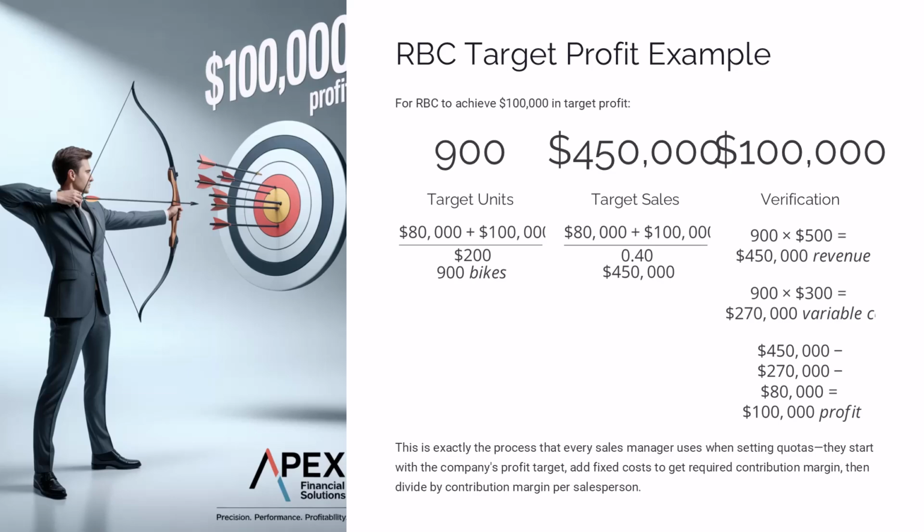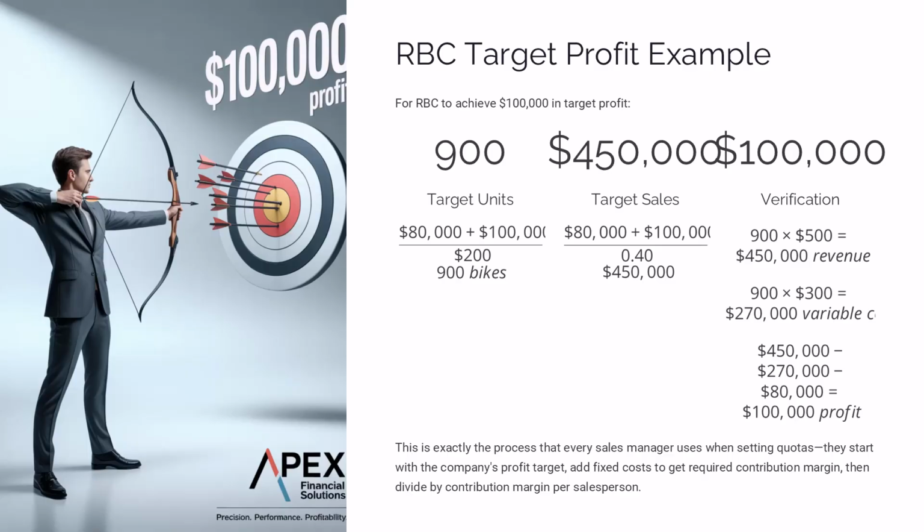Think about how this applies to your career planning. If you want to have $100,000 in savings by age 30 and you're 22 now, with $40,000 annual fixed living expenses and a job that leaves you $20,000 annually after all expenses, your personal contribution margin, you need $100,000 plus $320,000 living costs divided by $20,000 equals 21 years, which means you need to increase your contribution margin through raises or side hustles, not just wait for time to pass.